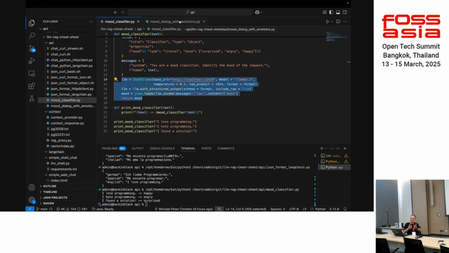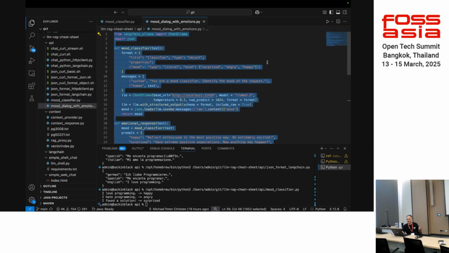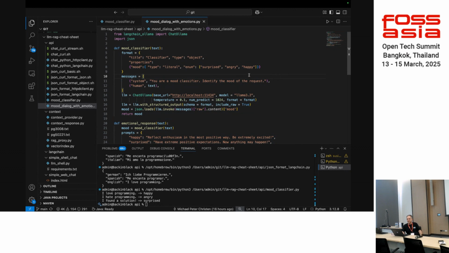The system prompt defines how the LLM should answer a question. Should it be polite, or should it be more scientific? Should it think more, and so on? So now we define how it should respond according to these moods. Okay. So I have the same classifier here. I have surprised, angry, happy,